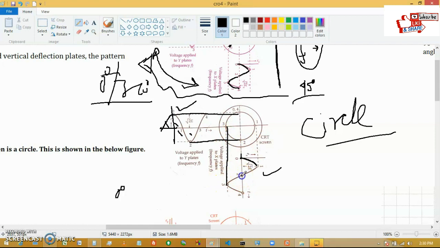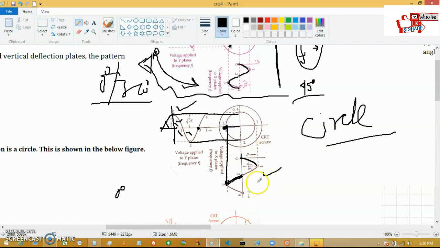At that point the horizontal beam is moving the beam negatively in that direction, but whenever it is at points 1, 2, 3, there is no vertical deflecting plate voltage to move the electrons upward or downwards, so it is only responsible for moving the electrons due to the horizontal plate deflection only.